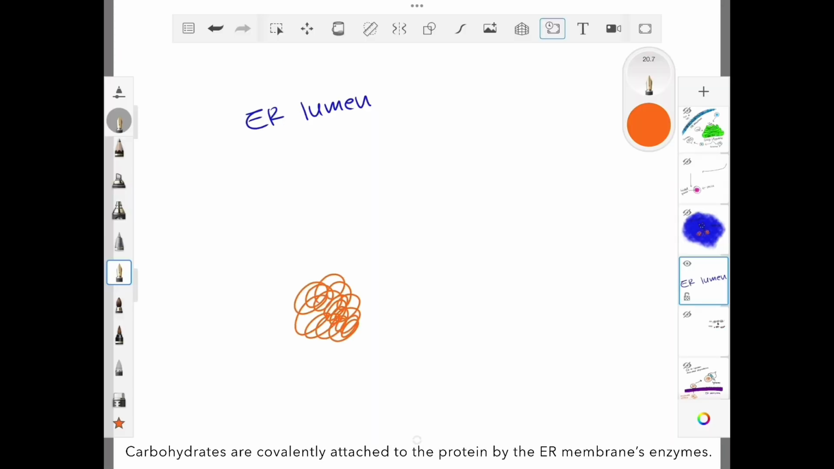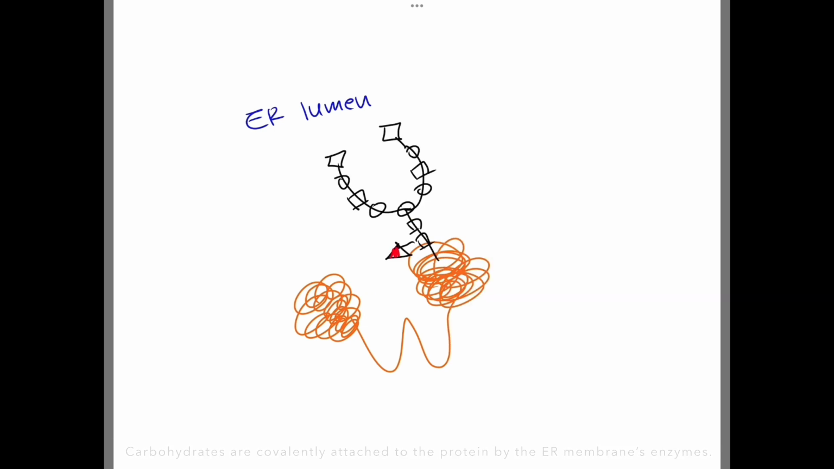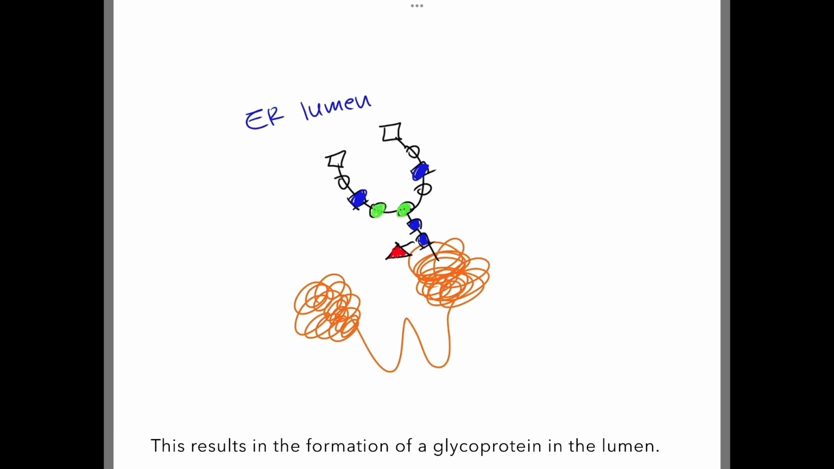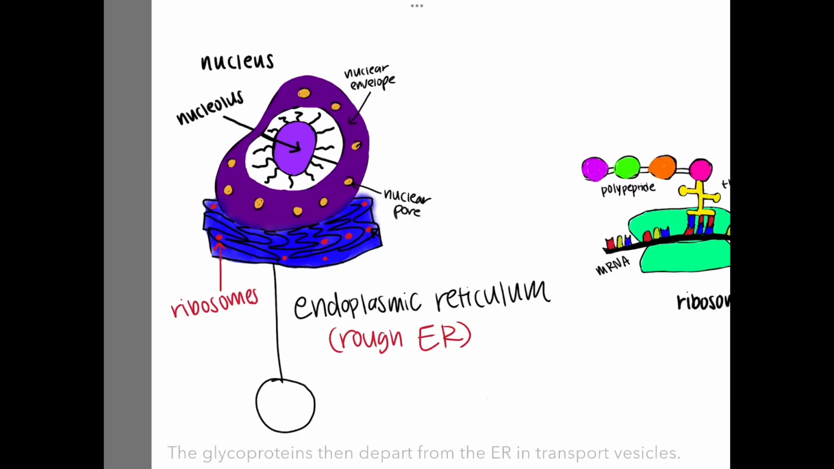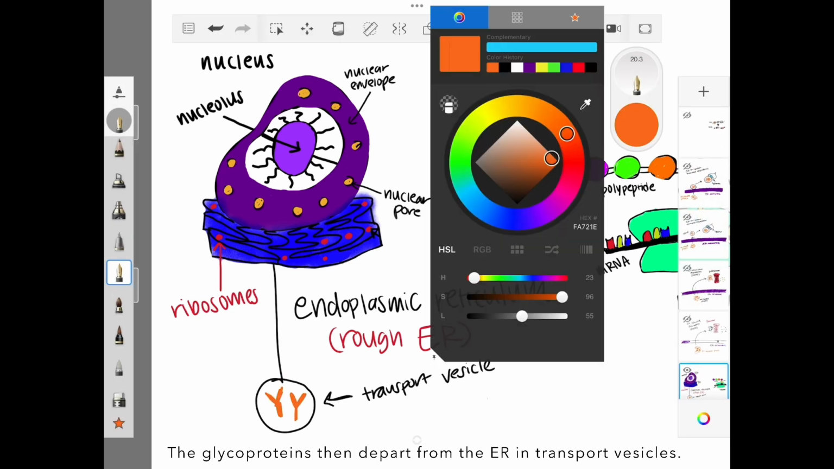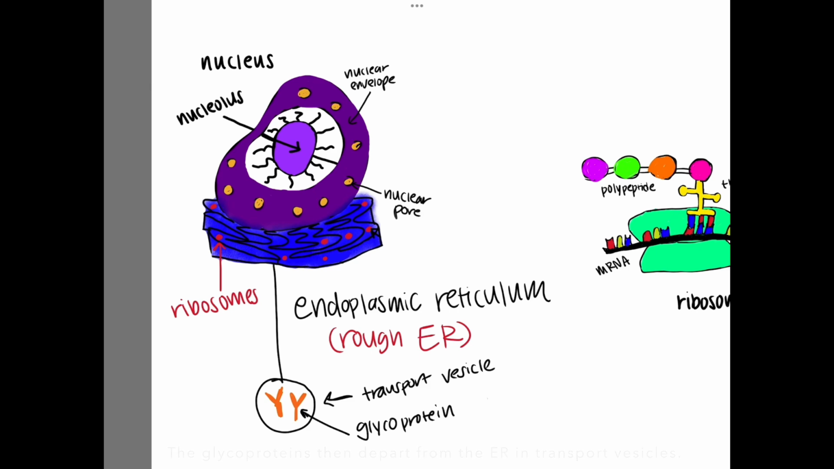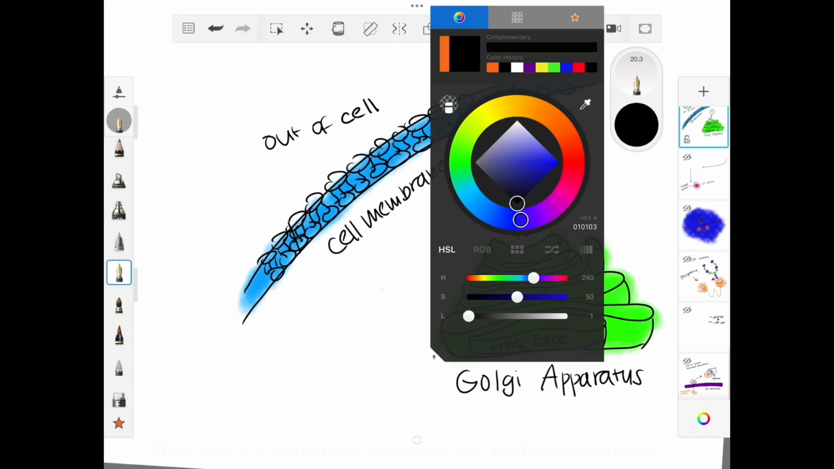Carbohydrates are then covalently attached to the protein by the ER membrane's enzymes. This results in the formation of a glycoprotein in the lumen. The glycoproteins then depart from the ER in transport vesicles. Once they are carried and deposited into the Golgi apparatus,